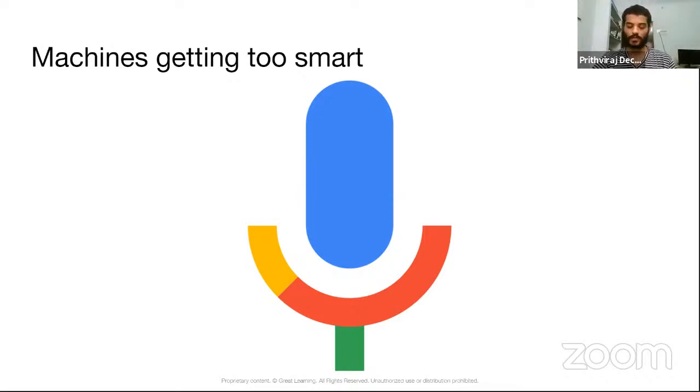So all of this was possible due to something called machine learning. Even before machine learning, we still did have machines that could behave intelligently. There are other things that we can use to program a machine to behave intelligently. But machine learning was something very significant. It changed things very drastically. So all of this, Google Assistant and AlphaGo, was possible because of machine learning and deep learning.